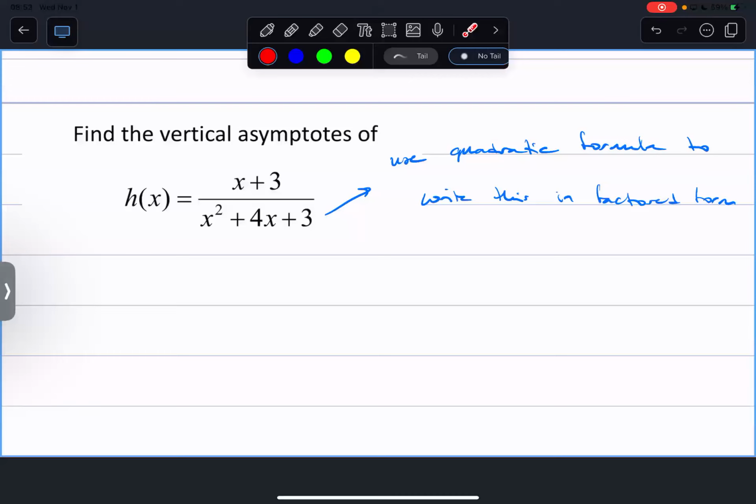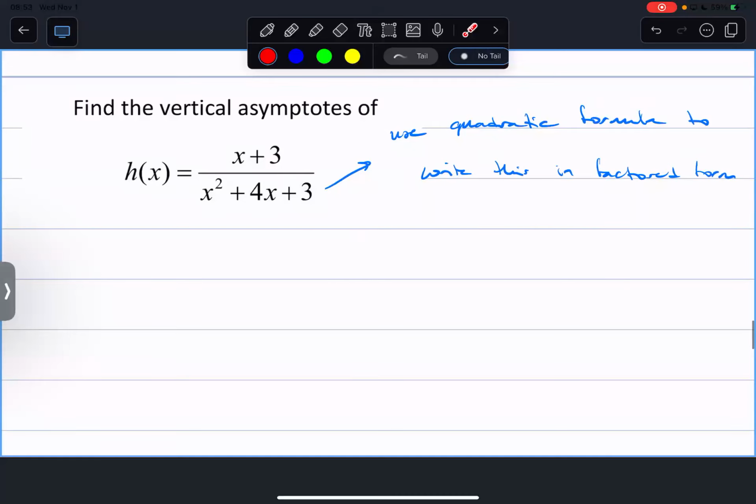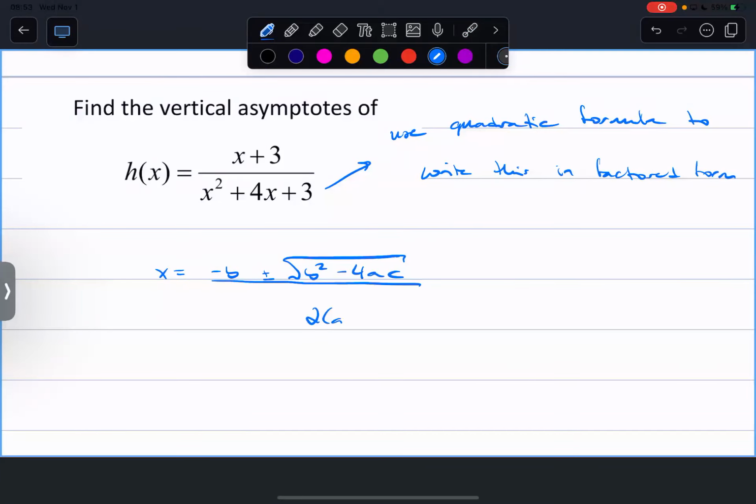Oh, I'll kick it old school. X is -b plus minus the square root of b squared minus 4ac over 2a. In this case, a is 1,